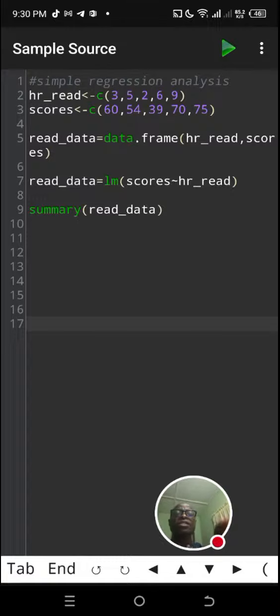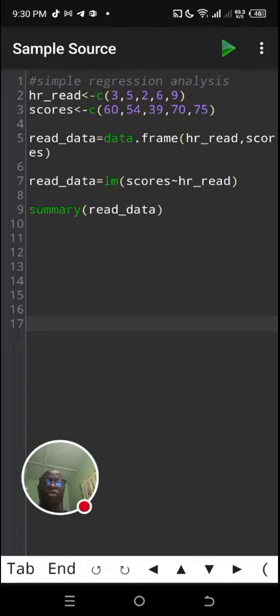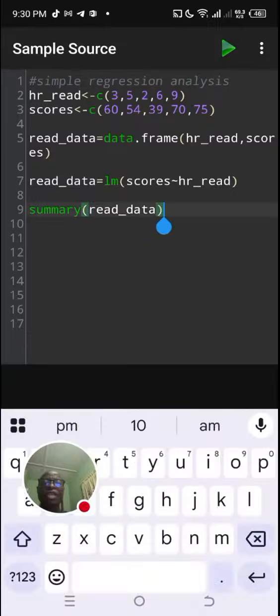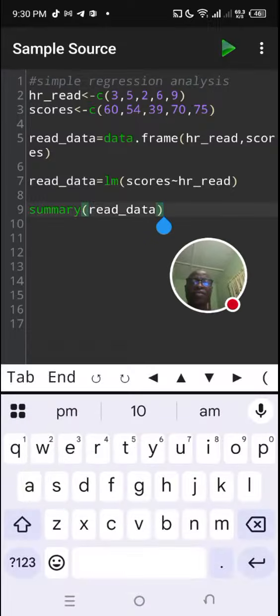You click this green arrow, it's going to run. Then anything you want to type here, you see all the keyboard coming up here. Everything you need, all the ones we normally use, are here. And I've used very many of them today. So please,